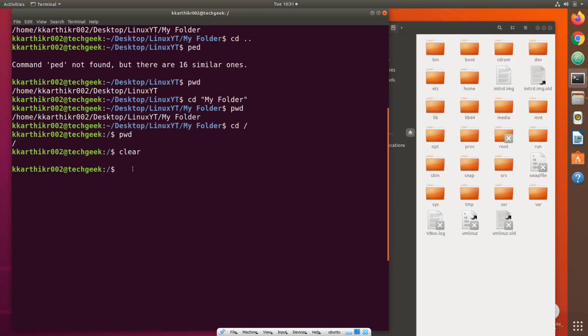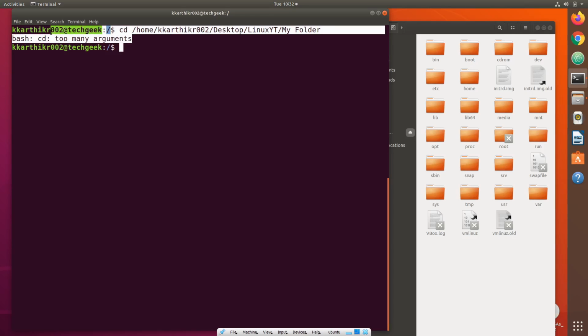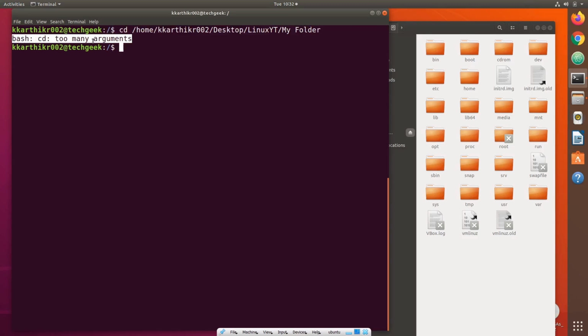Let's change our directory. cd space path to my folder directory. I'll just paste it. Let us run this command. You see here, it is again giving the error too many arguments.